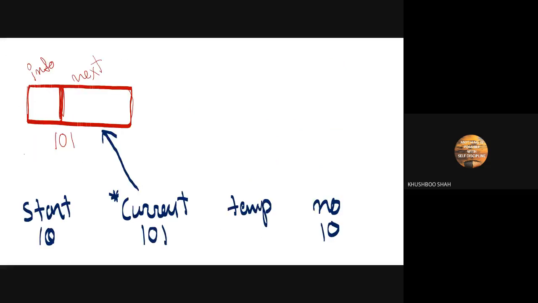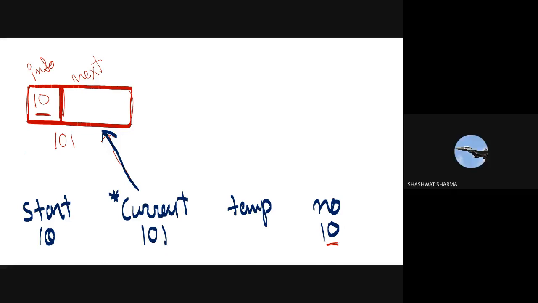And current's info means I am talking about this location where I have to assign my 10. So my 10 will be over here. Guys, please do the same thing in your notebook. Understood, guys?